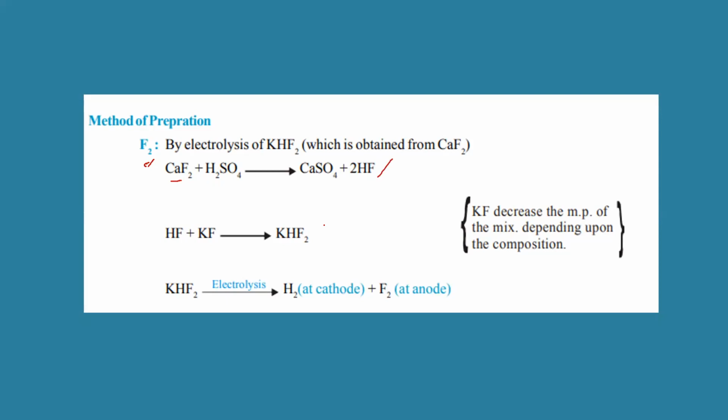The other method is the electrolysis method. HF and KF together form KHF2, the electrolyte. Try to understand, students, HF exists as a dimer because of hydrogen bonding, as H2F2. If one of the hydrogens is replaced by K, it becomes KHF2. Understanding or not? When you do electrolysis, F2 is obtained at the anode. I hope you are clear. It is not in your syllabus, but sometimes fluorine preparation is asked. So KHF2 is the electrolyte, that much you remember.